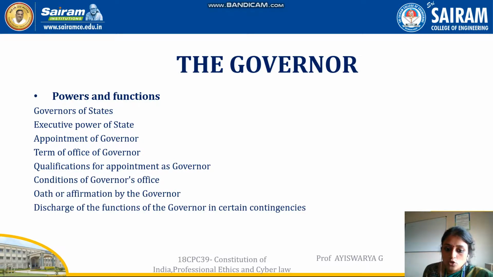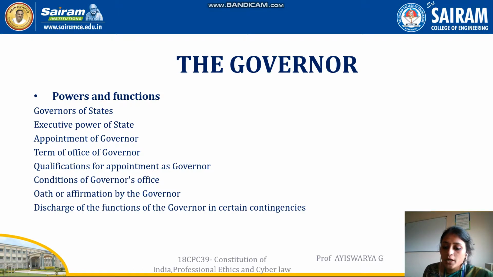It is about the conduct of business of the government of the state. All the executive actions of the government of the state shall be expressed and taken in the name of the governor. Orders and other instruments made and executed in the name of the governor will be given to everyone. And the governor shall make rules for the more convenient transaction of the business.